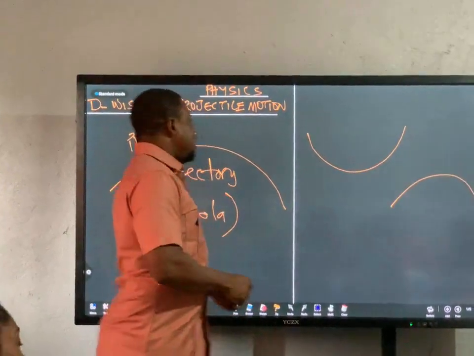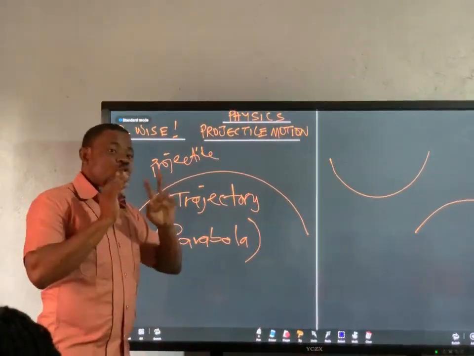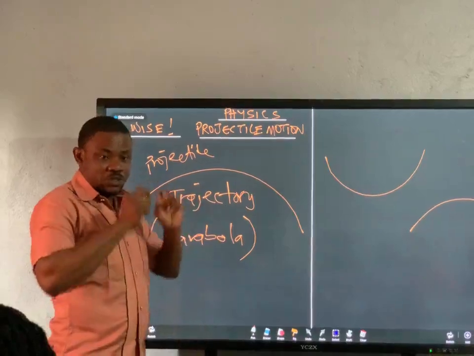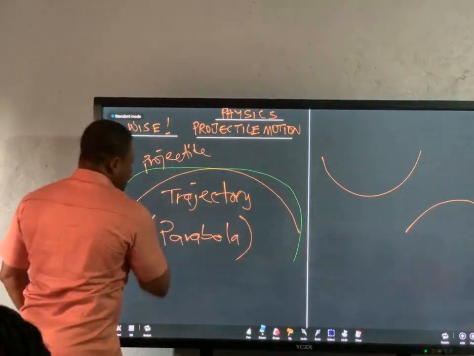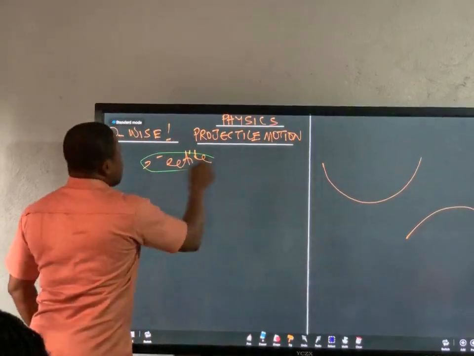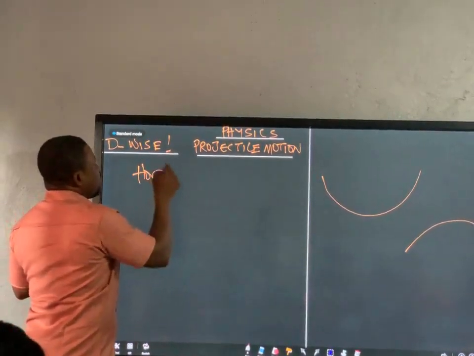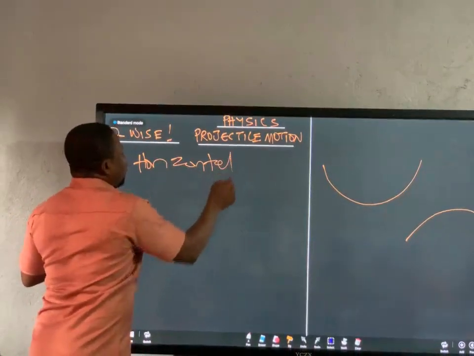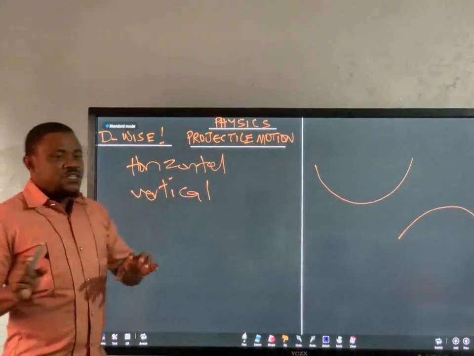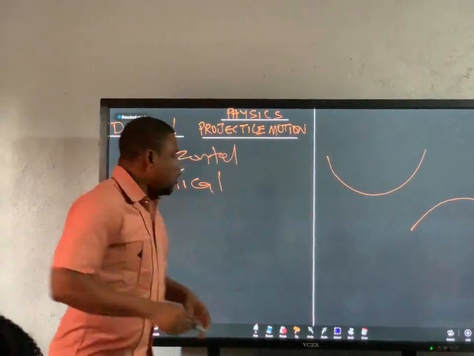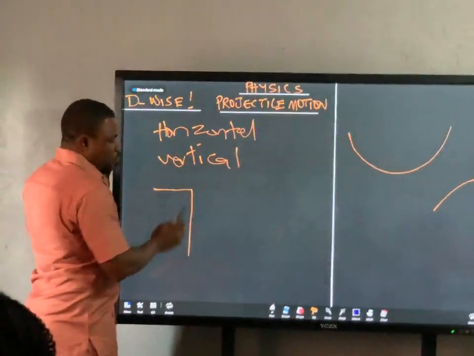Now every projectile has two different motions that take place simultaneously. They happen at the same time. The motion of the projectile is both horizontal and vertical. It has a vertical part and a horizontal part. So if, for example, let me say this is a cliff or a high building or a high surface, and I have a ball here, and this is the ground,